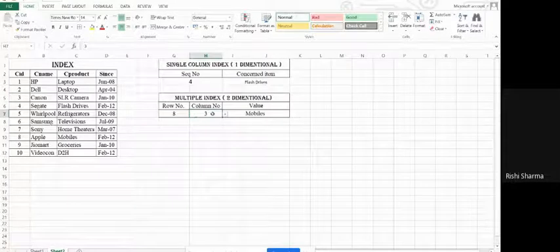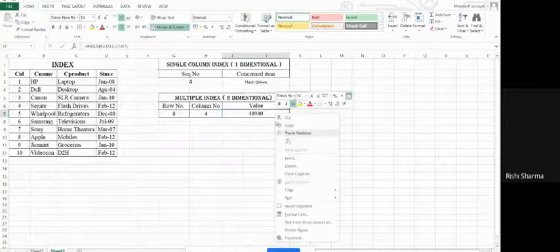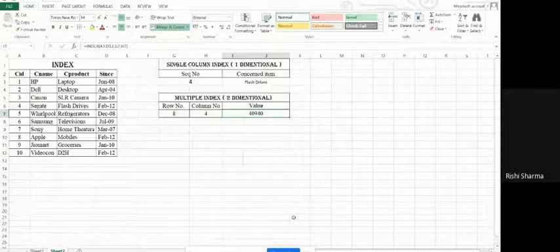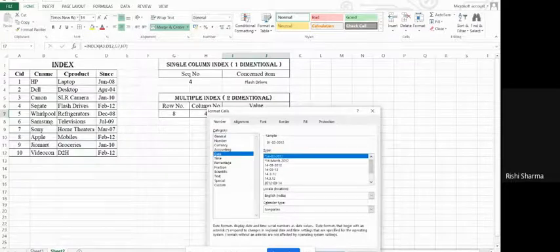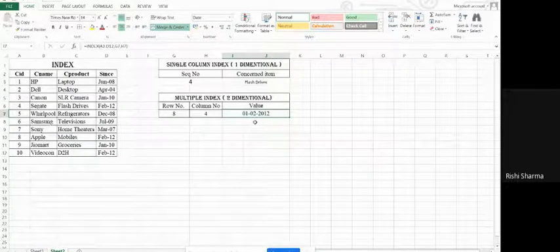You want to change it? Change it to 4. The 4 should be Feb 12. Okay, it's showing this. Don't worry. We have to just do data validation. It might happen with you guys as well. Go to the formatting. Go to the date. Click OK, and you will get the date. That is 1/2/2012. All right, that is 1st of February 2012. Is it clear, guys? So that is called multi-dimensional index.